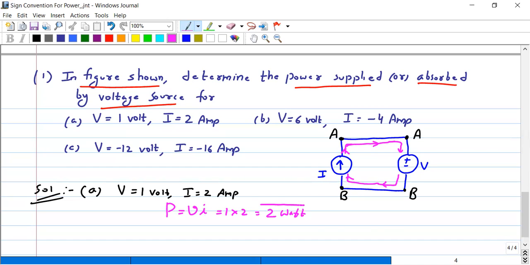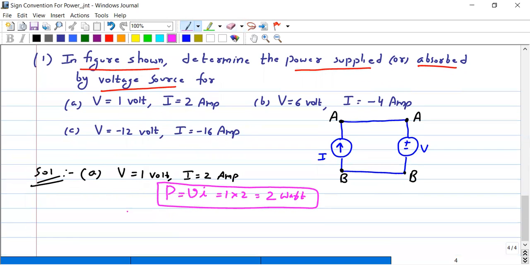That means this voltage source is consuming or absorbing the power. It's very simple. Okay, so first bit is done. Now let us erase this and see the second bit of the problem. Sorry, second bit says that,